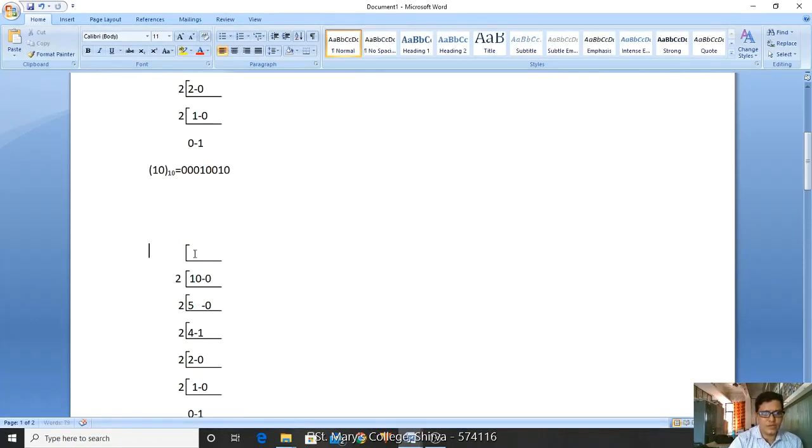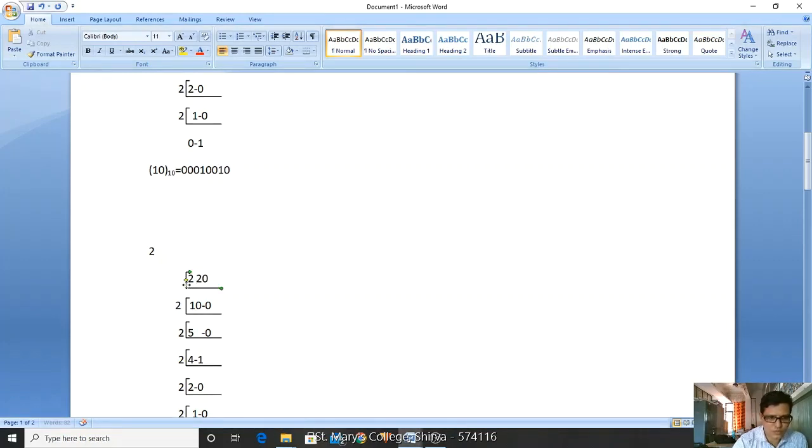Here I'm dividing this 20. If I divide with 2, then the remainder is 0. If I divide by 2, I'm getting here.